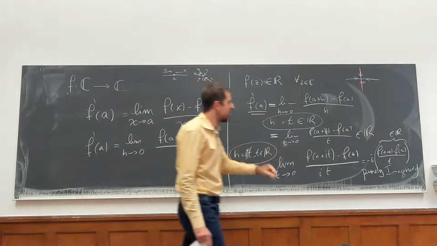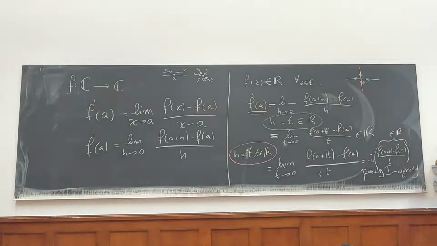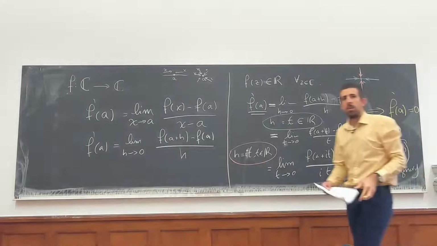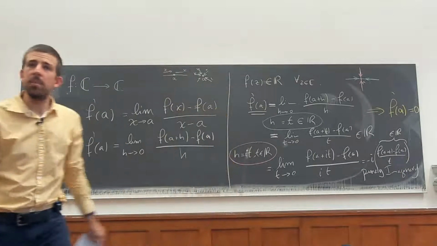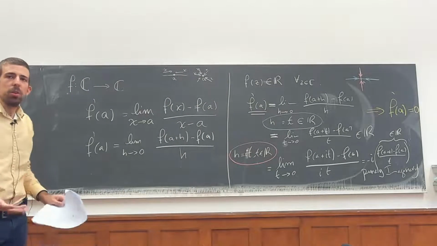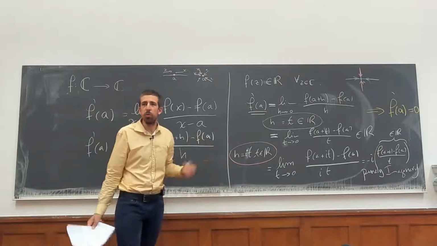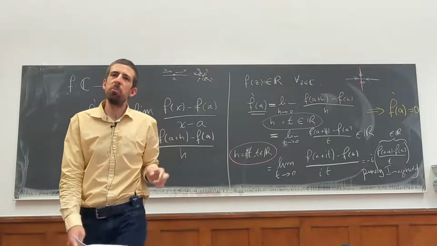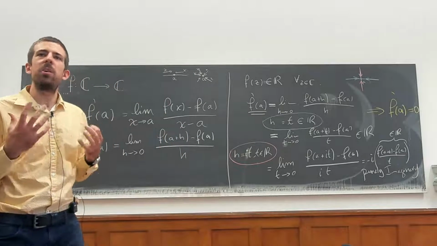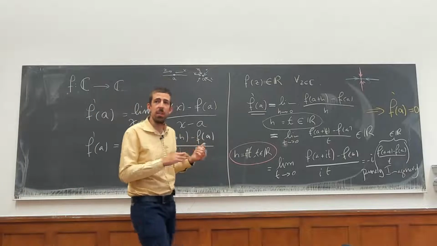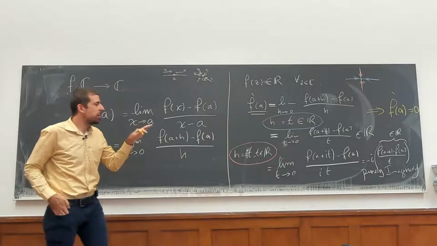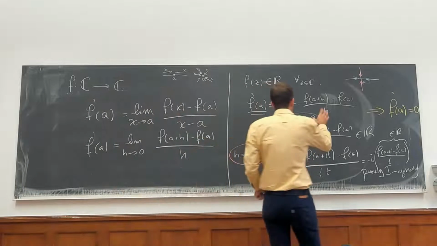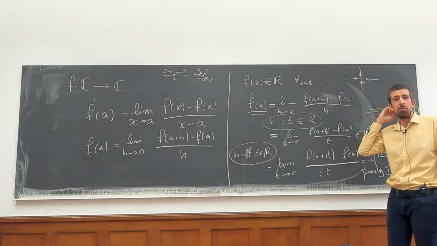In particular, all this observation implies that actually f prime of a needs to be 0. And we saw this rather fast last time, but even though this won't necessarily be a theorem that you'll use very much, the idea here is very important. What just happened is very important, and this will be key. And this already gives you a hint that for a function to be differentiable is extremely strong.